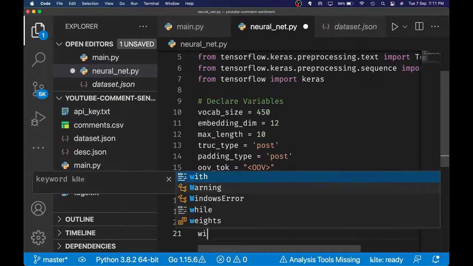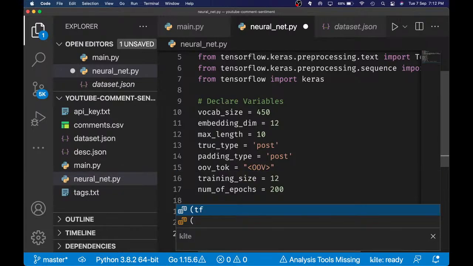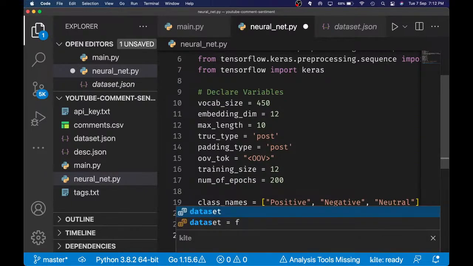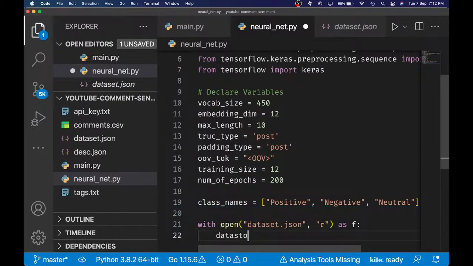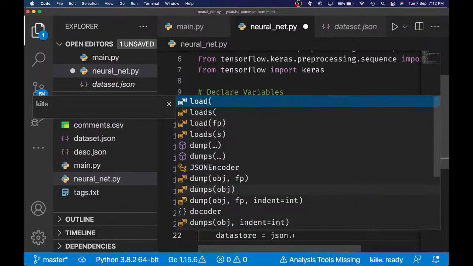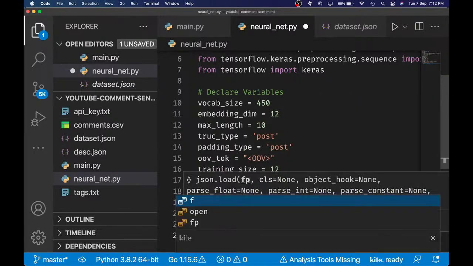And let's actually load in the dataset. So with open dataset.json as f, data store is equal to json.load. So we load in the dataset,